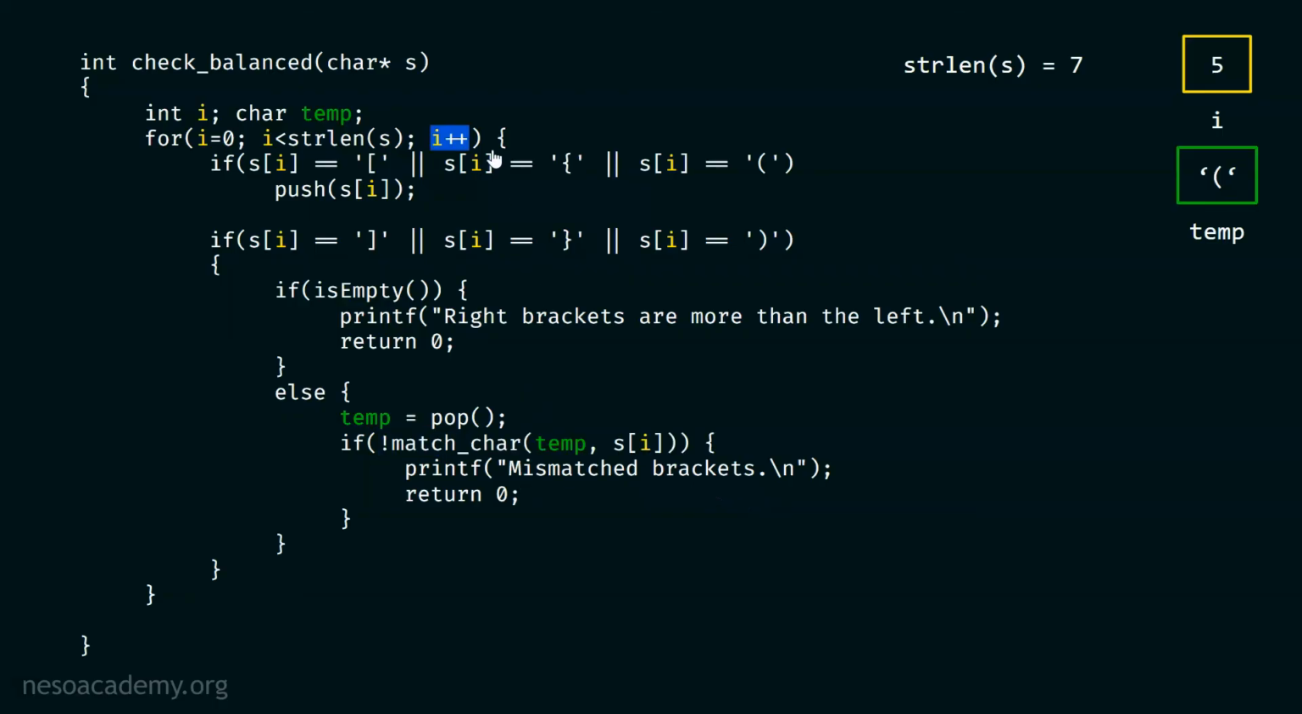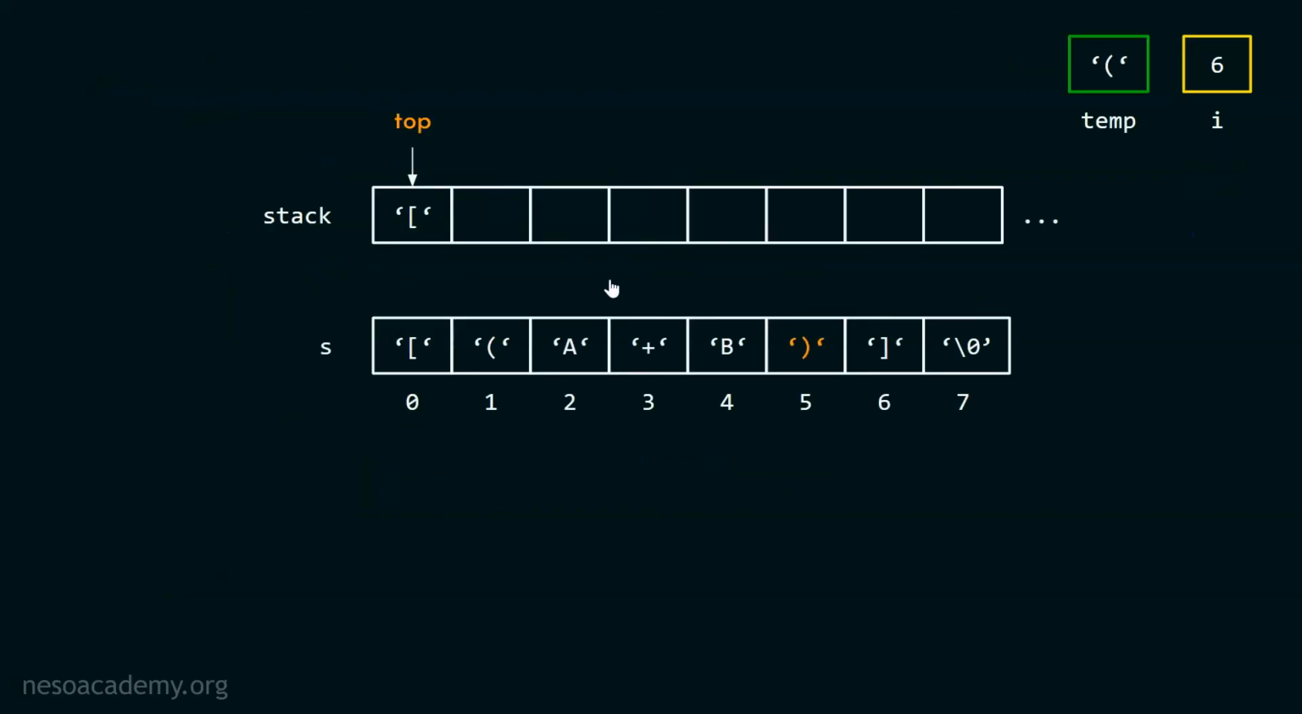Now we must continue and increment our I variable. Now this becomes 6. We must check this condition. Is 6 less than 7? Yes, we know that 6 is less than 7, right? We must continue and check this condition. Because we know that at this point in time we do not have a left round bracket or left curly bracket or left square bracket. We either have a left round bracket, a left square bracket, or a left curly bracket. We know that at this point in time si is actually equal to right square bracket because